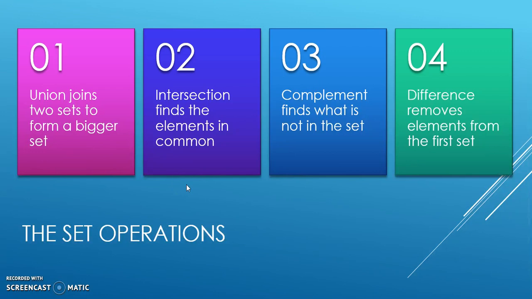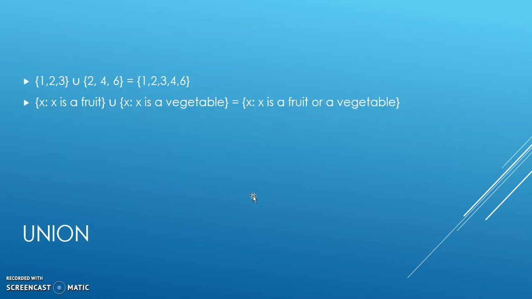So the four things I'll talk about in this video are the union, the intersection, the complement, and the difference. And really the difference is not needed. It's just composed of other things, and we'll see that later. Okay, so for the union